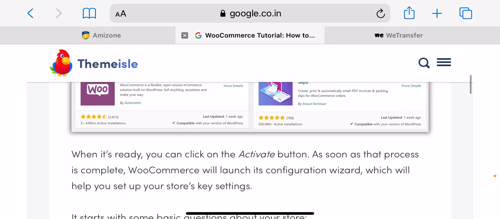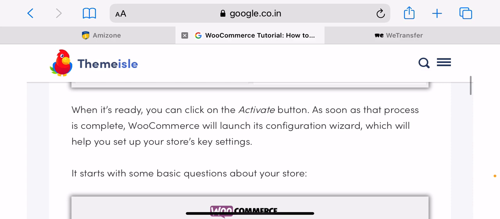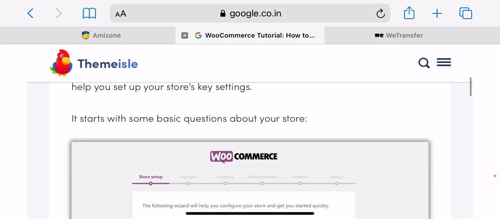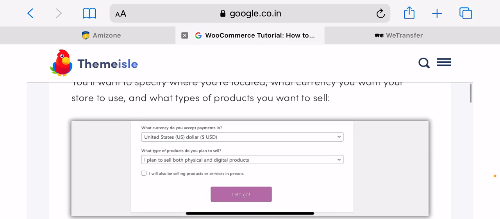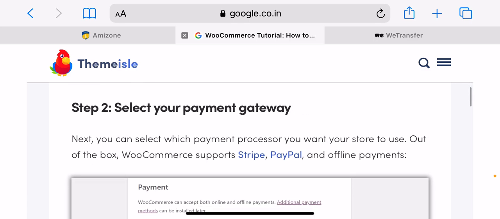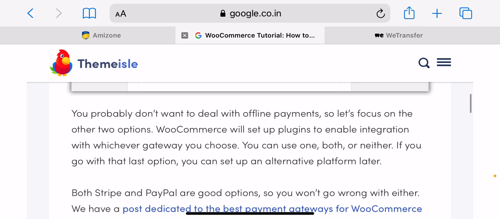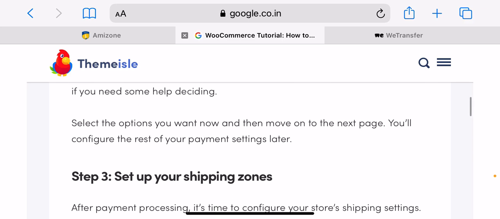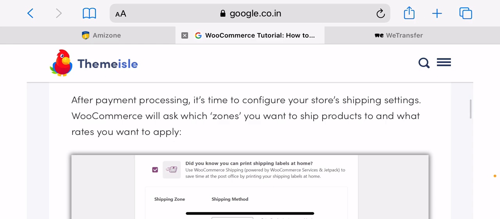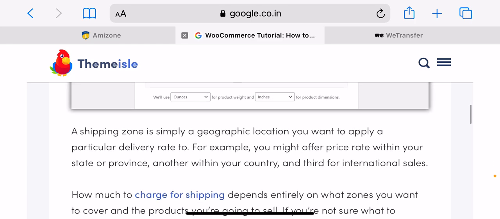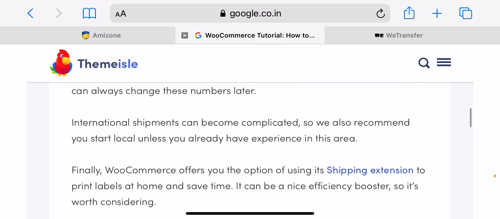Even so, you're going to need some help if this is your first time dealing with payment processors, shipping settings, and more. Installing and configuring WooCommerce properly the first time around will save you a lot of troubleshooting down the road. The faster you get your store settings right, the quicker you can promote your products and land sales. In this WooCommerce tutorial, we will walk you through 5 steps to set up a bare bones WooCommerce store.